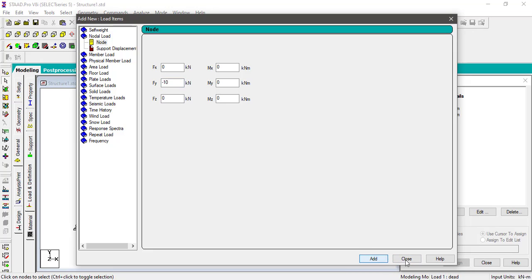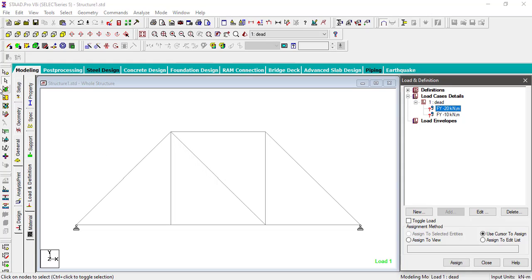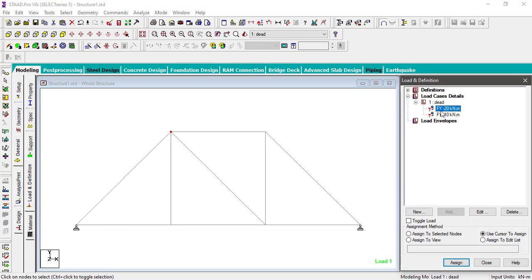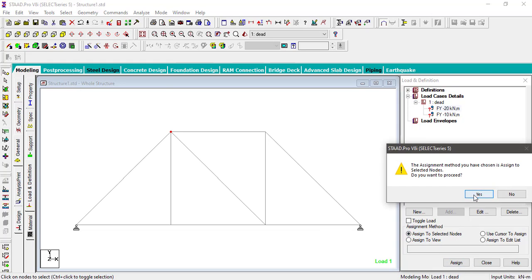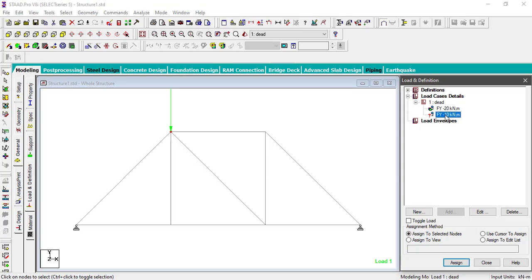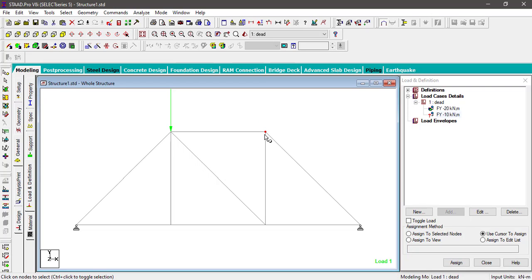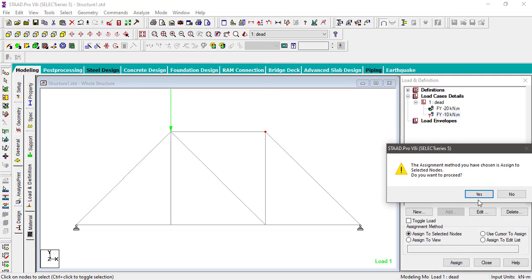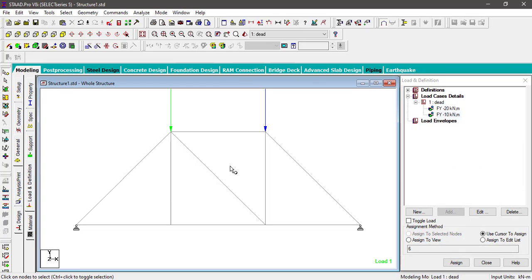Close. For 20 kilonewton I have to select the node cursor, select the node, assign to selected nodes, assign. Similarly select the 10 kilonewton node, assign to selected nodes, assign.